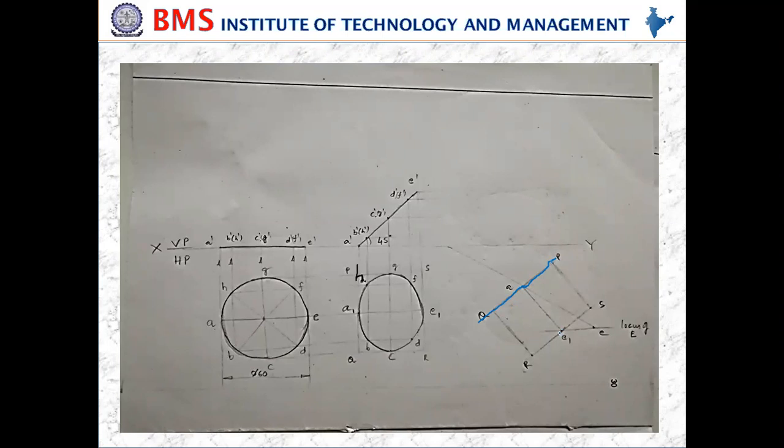Similarly, through E1 you draw one perpendicular line to AE1. Perpendicular in the sense 90 degrees to this line. Similarly 90 degrees to this line. That is called perpendiculars. Through A1 or A, and through E1 also you need to draw. So after drawing this, then join all these points.